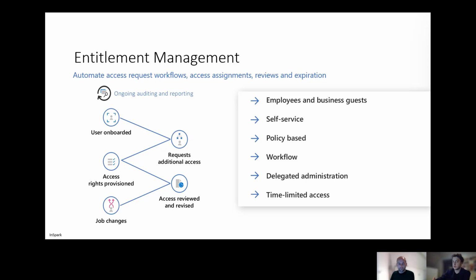But even more powerful, if I'm a guest in another tenant and there are access packages over there, I can also request access as a guest in the other tenant. It's very powerful. So also from a self-service perspective, a great tool, because IT can be more focused on making sure the right access packages are defined and doing some reporting, maybe building some access packages if that's required.